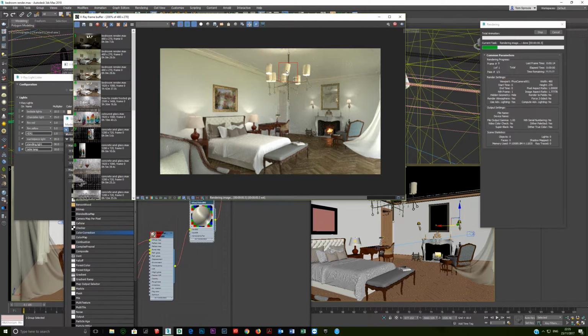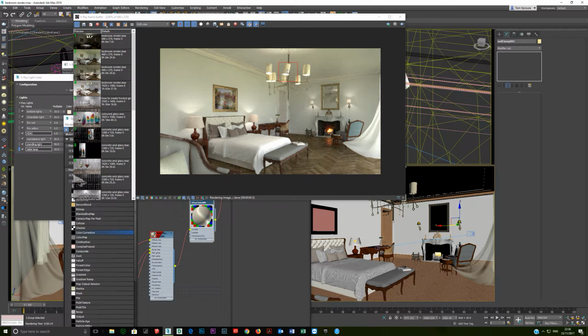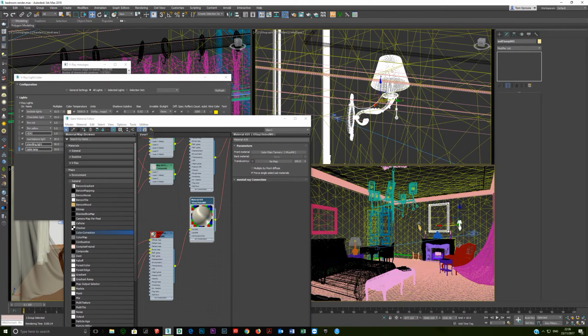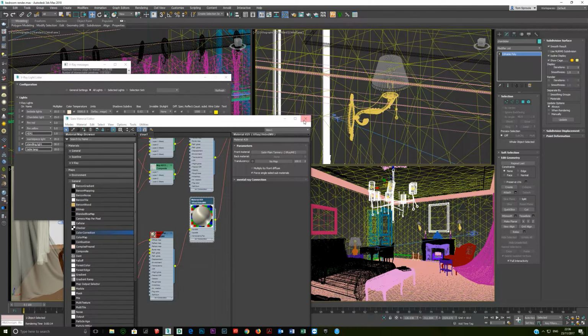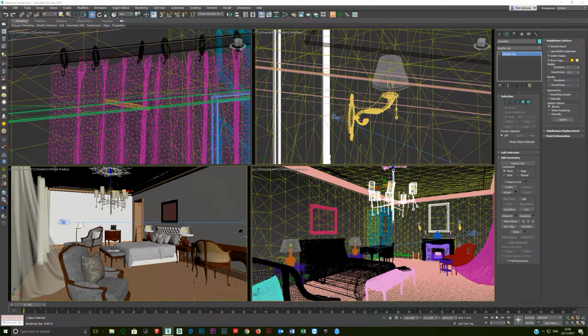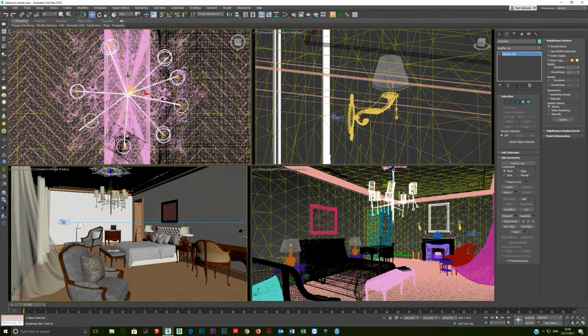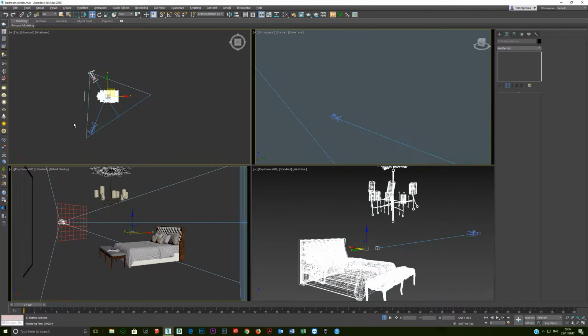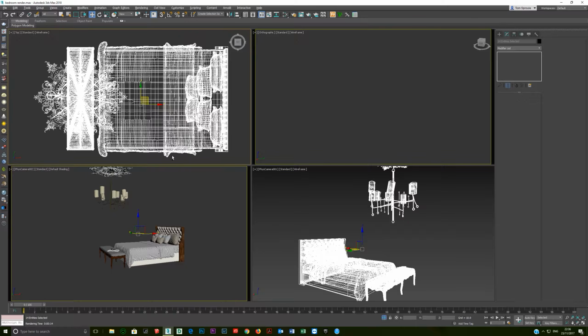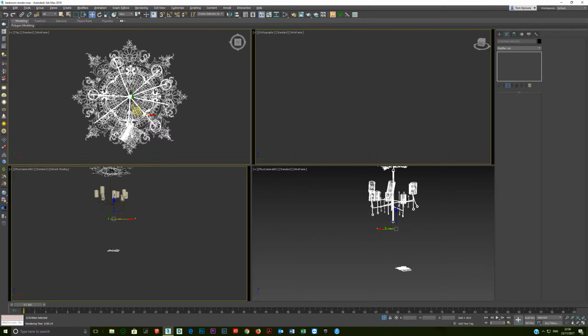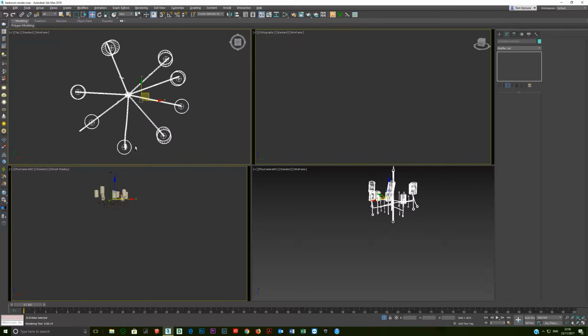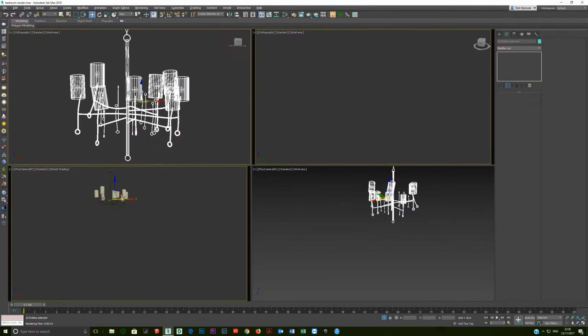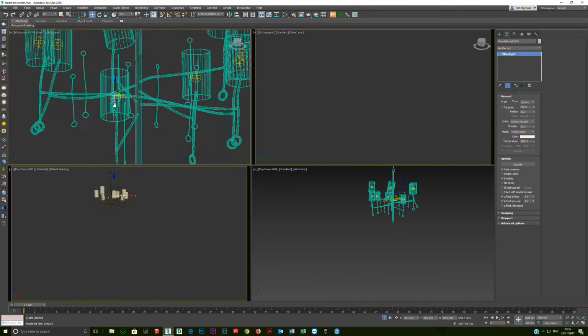The only other trick I would say with these lights is sometimes they can get just bright and burn spots where the light is. So again, if I press F3 here and select one of these, actually let's select the whole thing. Let's go top view. Let's just select this. Let's deselect what we don't want. Alright, now we just have the chandelier. So the point is with these lights,